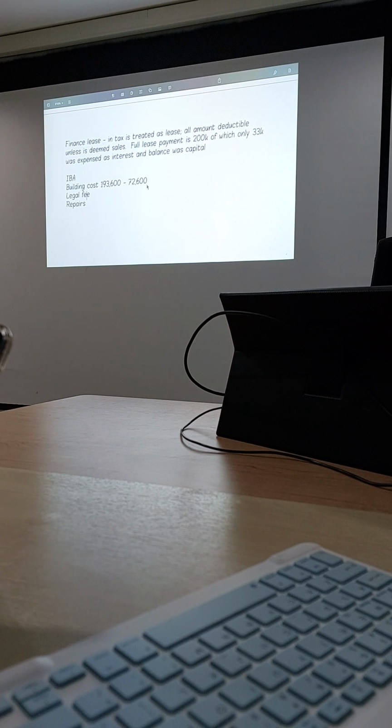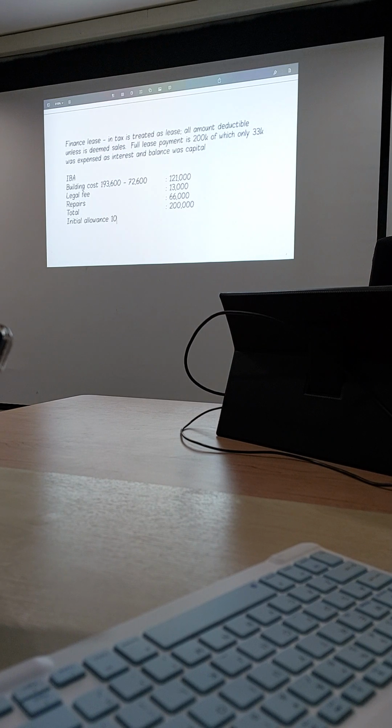So here, this one was 121,000. The legal fee, which was something you took out earlier on, is 13,000. The repair was also something you took out, was 66,000. Does that make sense? So total is how much? Repair, remember earlier? Still remember the repair? 200,000, sir. So here the total is 200,000.